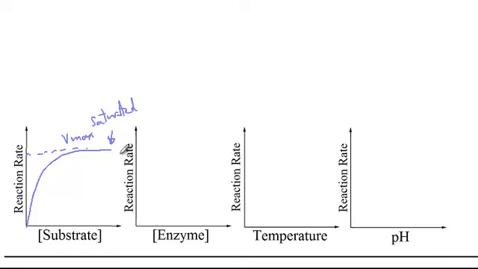Now, in this situation, the only way to increase the rate of a reaction is to increase the number of enzymes. If we have an unlimited amount of substrate, we can increase the rate of a reaction by adding more enzymes. So in this case, the rate of a reaction will increase like this as we add more enzymes. All right. And then finally, we have temperature and pH that can affect the conformational structure of an